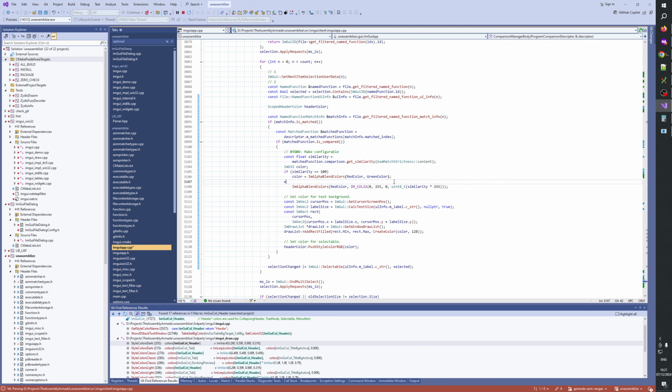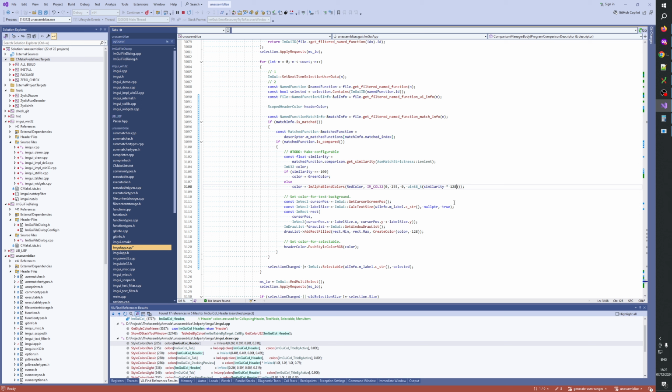Otherwise, else color equals, hold on, we can simplify this. We just don't even need to blend. It's just green. 100% is green color. Good. But if it is less, then we have here